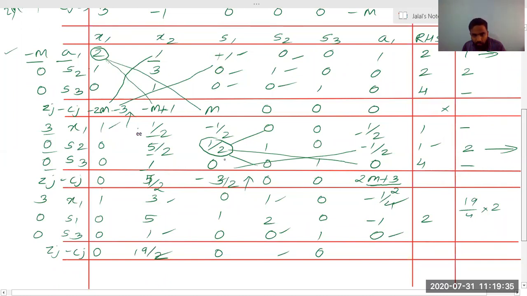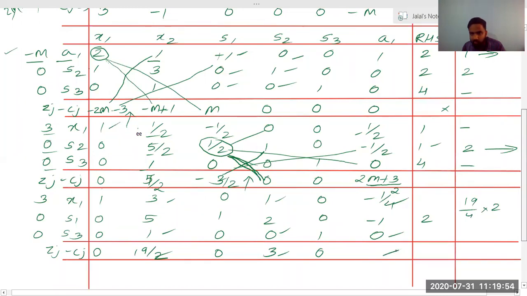So now how do we find this? This multiplication is 0, and this will again come out positive. So 3 by 2, minus of minus plus, 3 by 2 into 1 is 3 by 2, into 2 will give me 3. So this is also coming out to be positive. The last value we need to check.